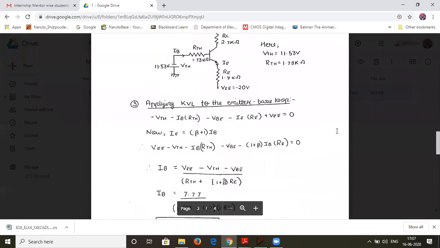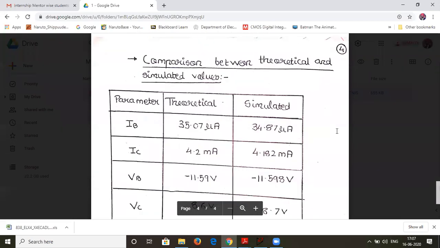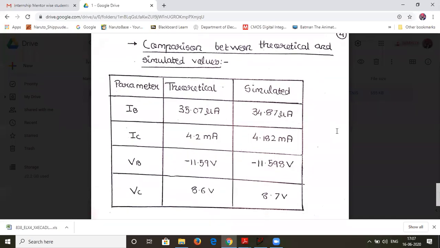And at the end, I told you the simulated and the comparison results, right? This way you need to add. So same way, your parameters might be different. The comparison between the theoretical and the simulated values. So one column will be parameters, another column will be theoretical values, and another column will be the simulated values. In short, if you need to verify whether your simulation and your theoretical results are matching, this table will give you an idea. If the results in this table are matching, that automatically means that your work is in the right direction.